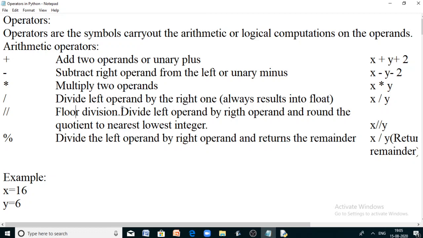So it will divide the left operand by the right operand and return the quotient as a result, and that result is rounded off to the nearest lowest integer. In other words, you can say that it's giving the whole number part of that division quotient. Okay, let us check how it is working, right?